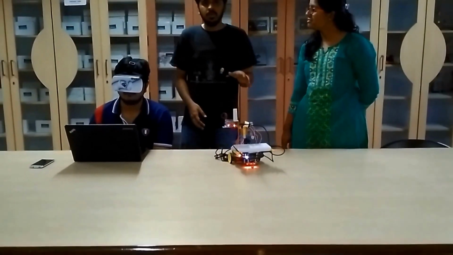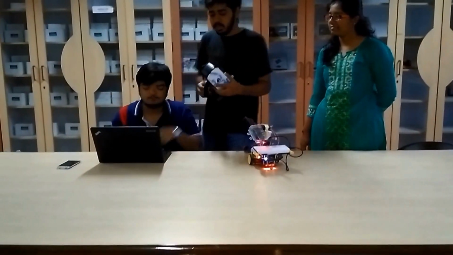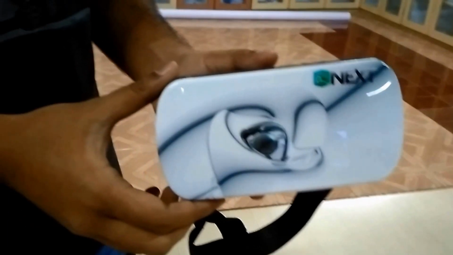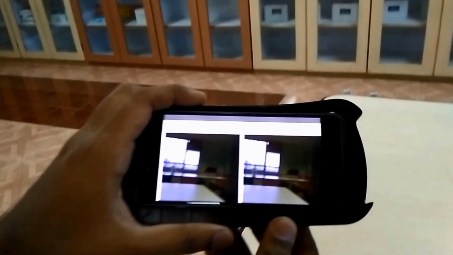We will now show you a view of the stream itself that is going on the headset. So this is the VR headset that we are using. Inside this VR headset, as you can see, there is a cell phone, and inside the cell phone is a stream showing whatever the camera can see right now. The stream merges into a single view, and this is worn by the viewer to see whatever is going on.